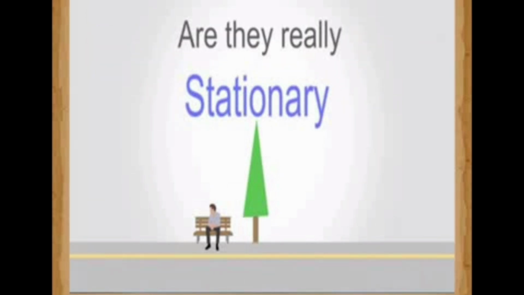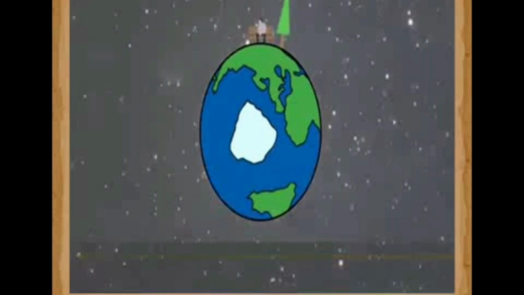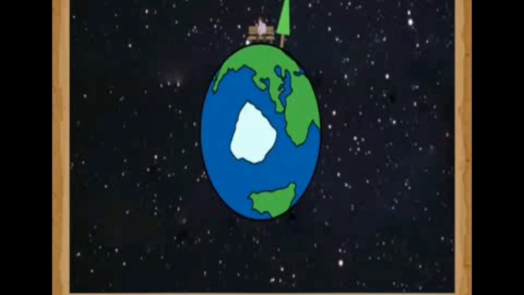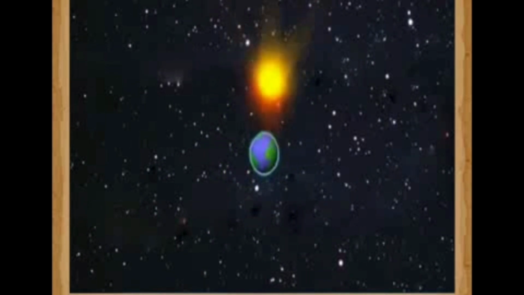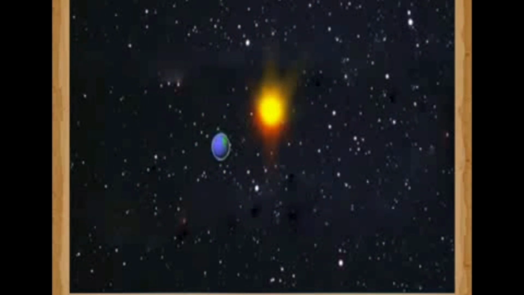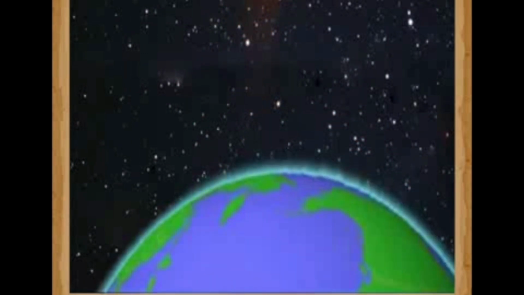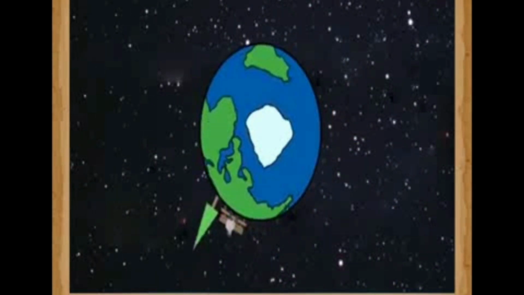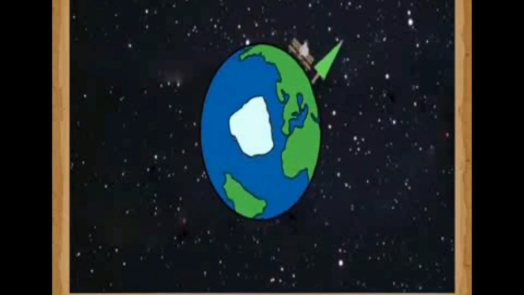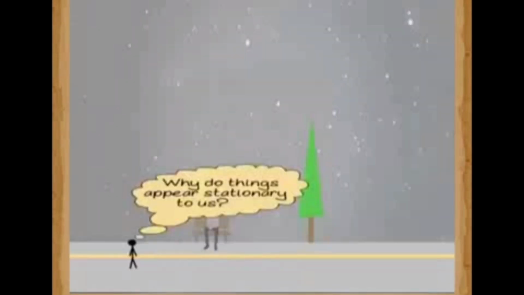Okay, it's depending on the earth. But the earth is rotating. It's revolving around the sun about an axis. So consider a person who is seeing from outer space. For example, he is in outer space, near the moon. So the astronaut sees that the man under the tree is in